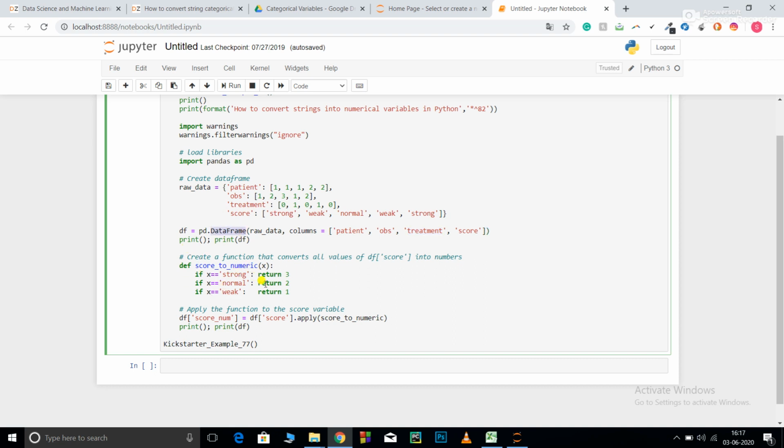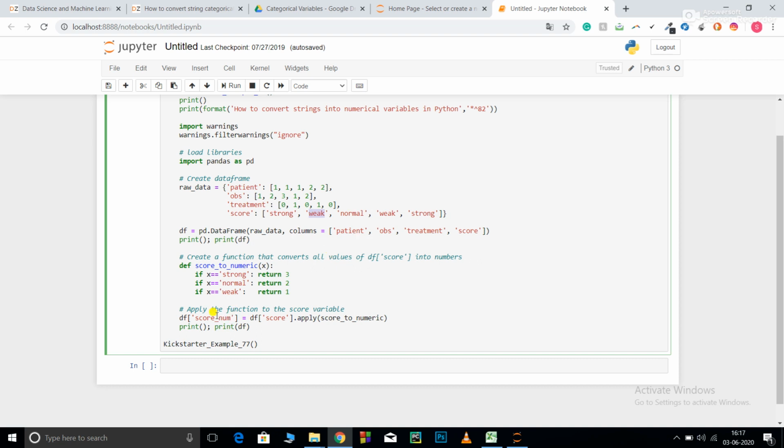This is my function for creating string to numeric: score_to_numeric(x). If x is equal to strong, then return 3. That is, if you find x to be strong, give 3. If you find x to be weak, give 1, and if you find x to be normal, give 2.